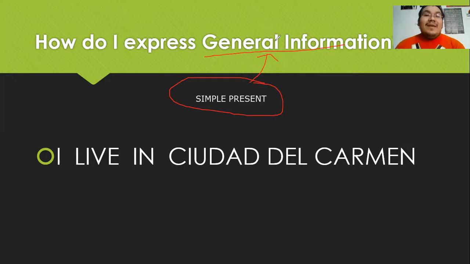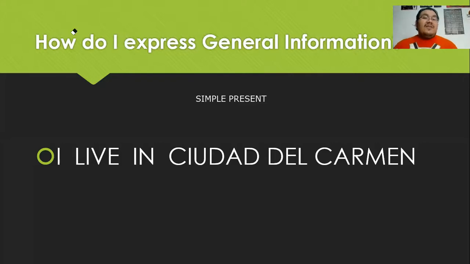And for tomorrow, para mañana, I hope that you are already familiar enough with simple present to make your own ideas and your own presentation, y su propia presentación. That's the point. All right, so simple present structure, la estructura presente simple. It's quite simple, guys. Es muy fácil. Simple present for general information has a specific structure, like we know with all of the other structures, como hemos aprendido con todas las otras estructuras.